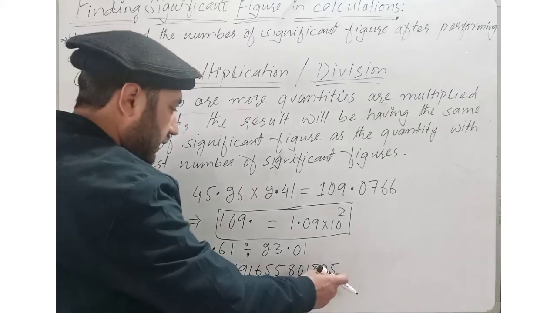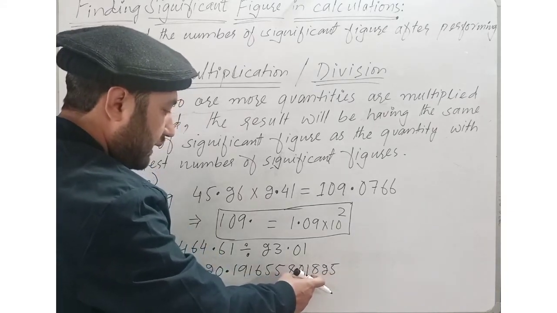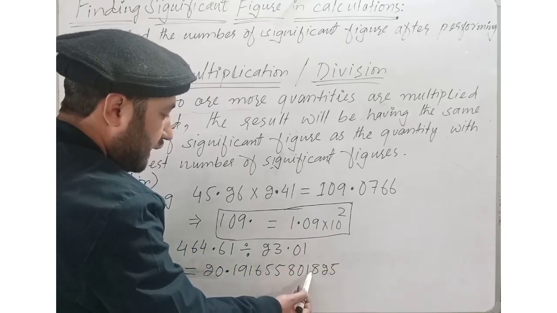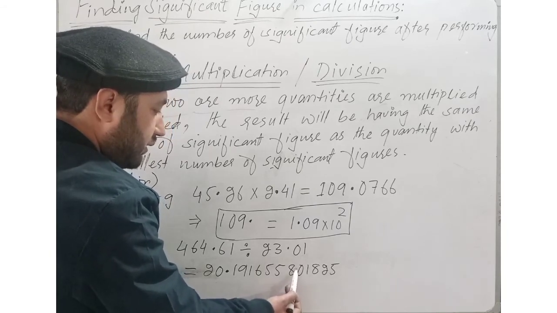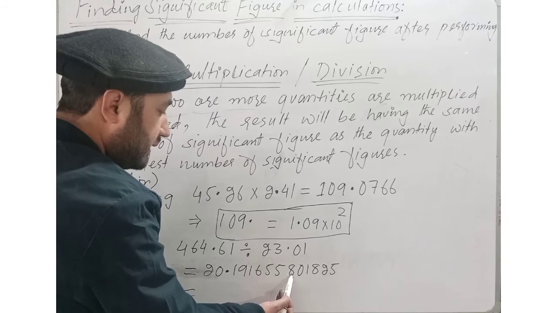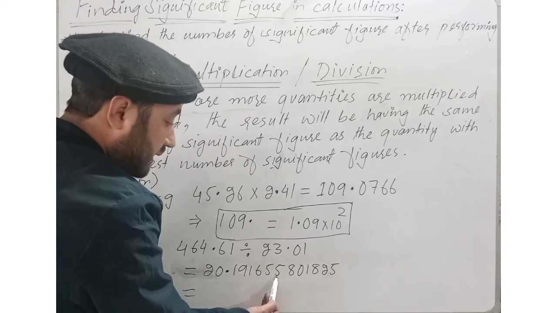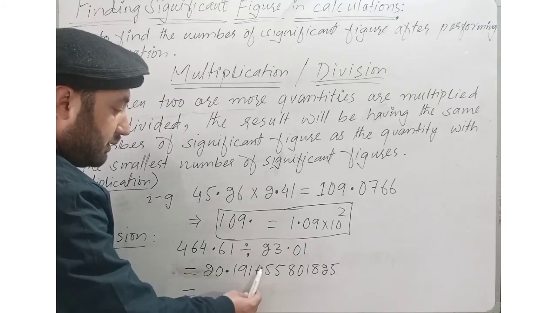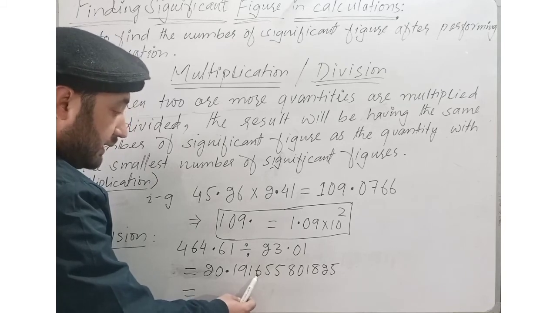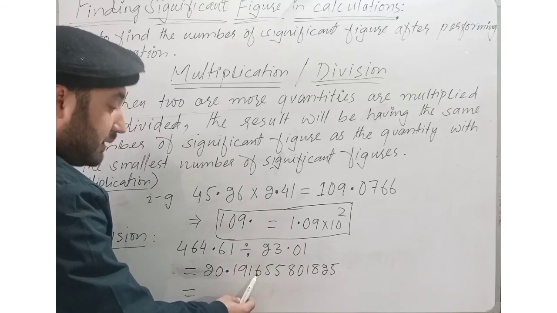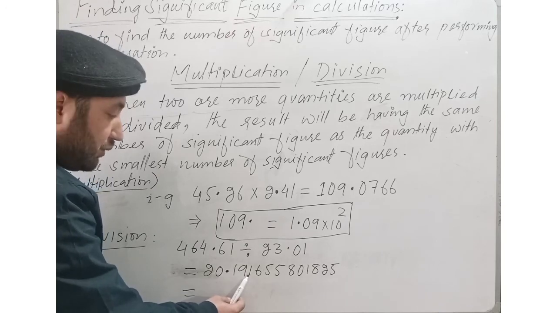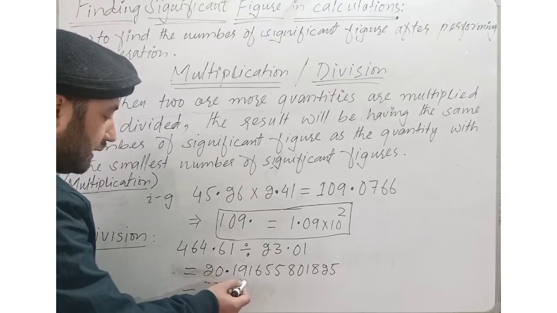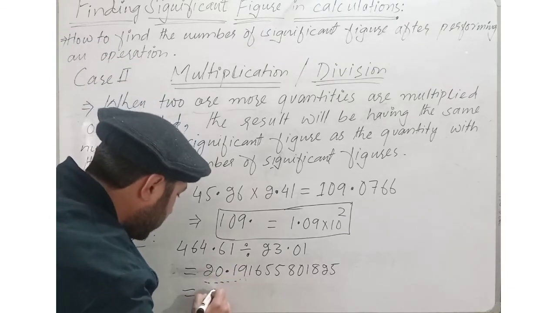So 5, 3, it will become 8, it will remain 8, but this is less than 5. It is greater than 5, so it will increase and it will become 2, again less than 5, so it will remain the same. 0, less than 5, so it will remain the same. Now here 8 is greater than 5, so this will increase and become 6. Again 6 is greater than 5, so the next digit will increase and also become 6. And here again it is greater than 5, so it will become 7. Greater than 5, so it will become 2. Less than 5, so it will remain the same. So we have to restrict our value up to 9, right? So our result would be